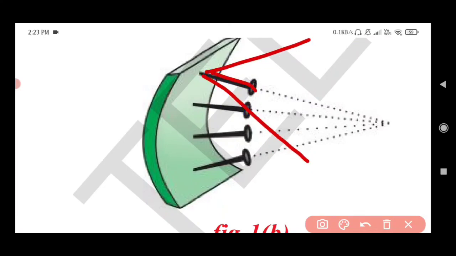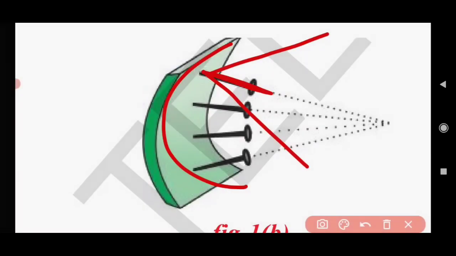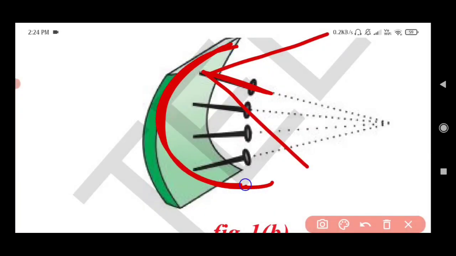Now you can see that the normal is not straight. Normal is not like this, but it has a quite tilt to this side, because the mirror has been curved, and I have bent the foam or rubber. Okay, so you can see that the normal is not now straight. It is somewhat tilted.